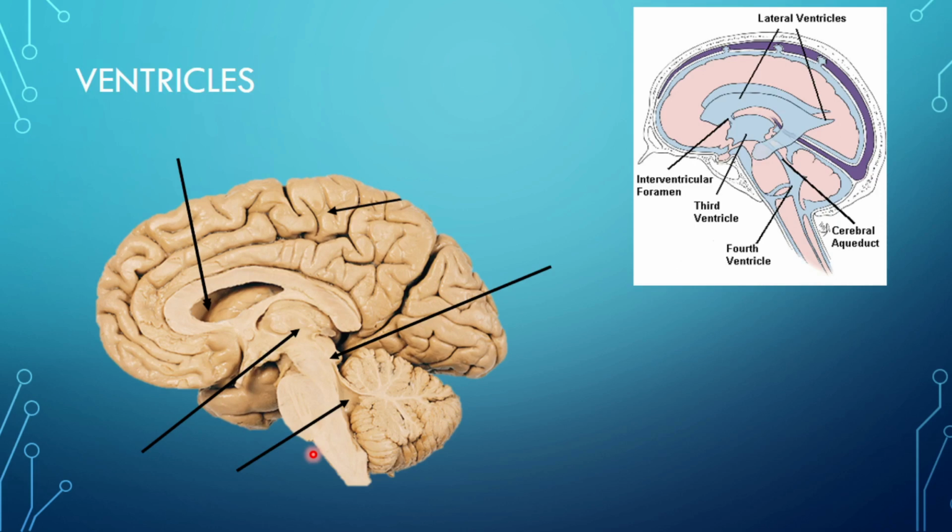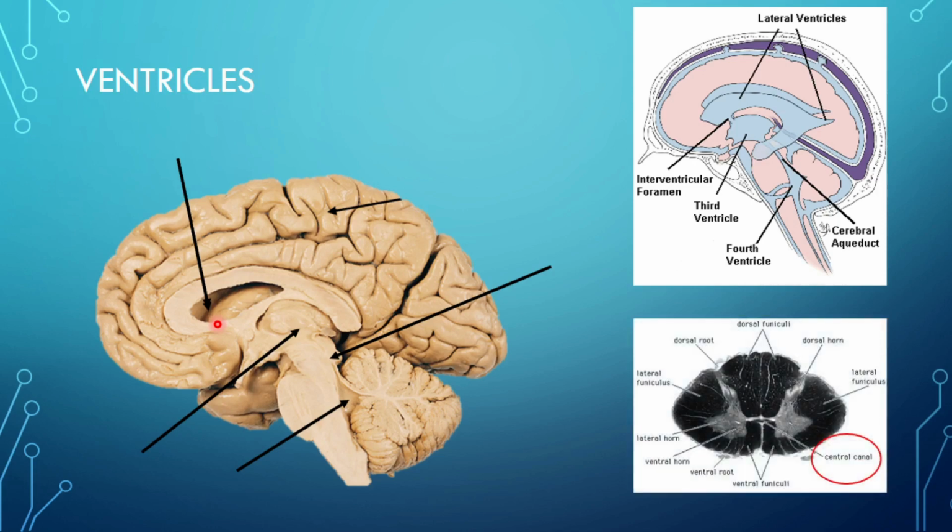So, like I say, the CSF is continuously being circulated. It's created within the ventricles, particularly the lateral ventricle, and it's created by these tiny little plexus of capillary-like structures that we call the choroid plexus. So it's created there, and then it passes through the ventricular system out to the subarachnoid space, where it then